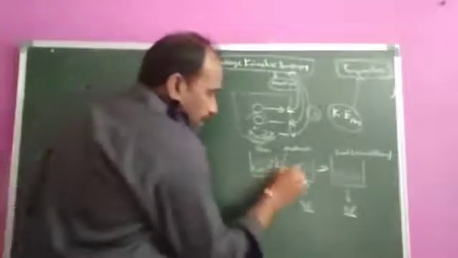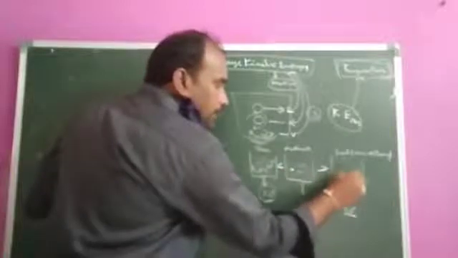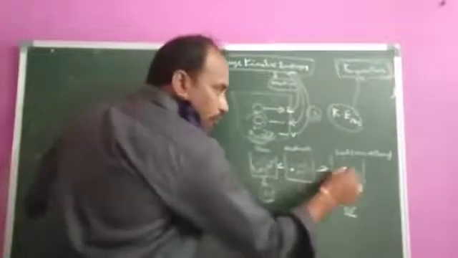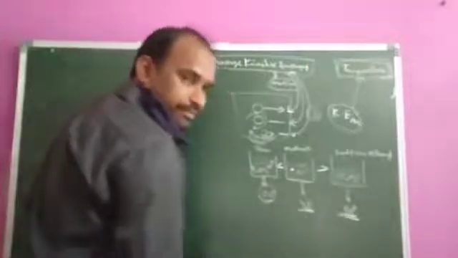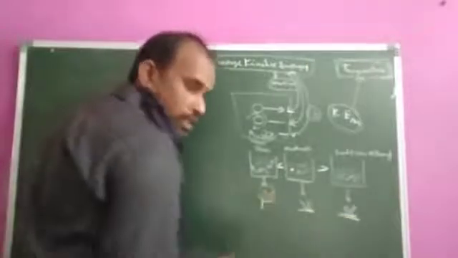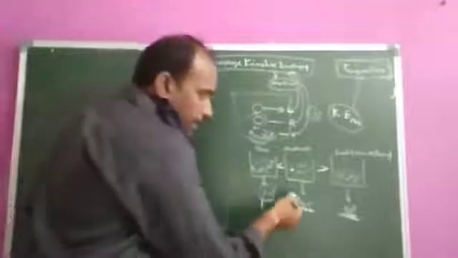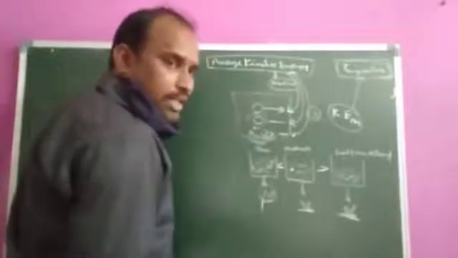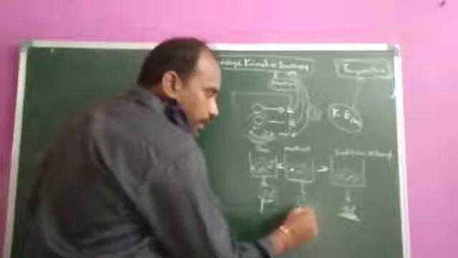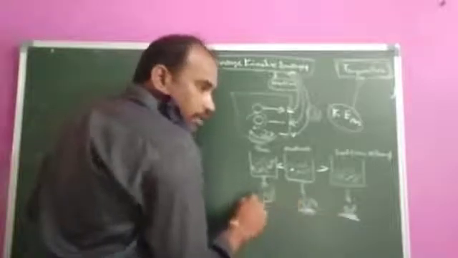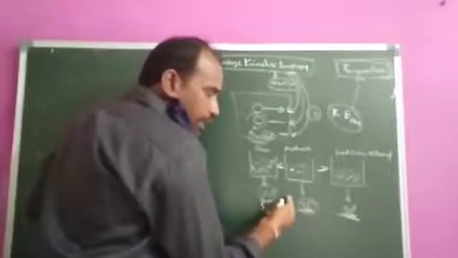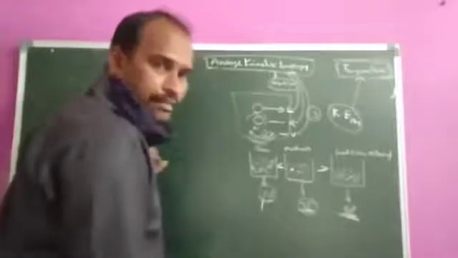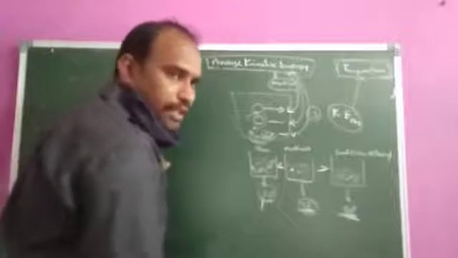So here the particles are moving. The motion of the particles depends upon the temperature. When the temperature is lower, they are moving slowly. When the temperature is higher, they are moving very fast. When the temperature is medium, the velocity of the particles is more than at 20 degrees and less than at 80 degrees. So that's what you are observing here.